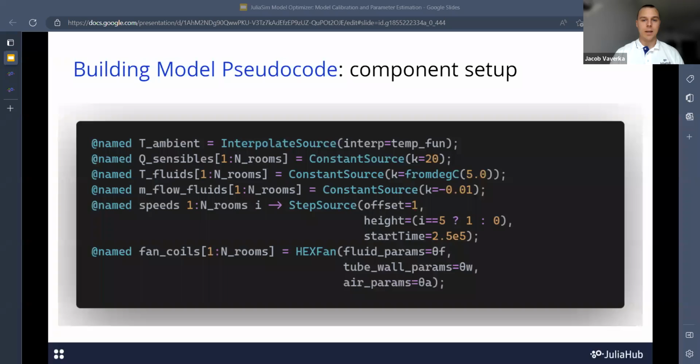And that's what you're seeing here. Very similar to how we would just pull in a capacitor, an inductor, a ground source, we can pull in these interpolated sources, constant sources, step sources. We have a function to create a hex fan there. We can create each one of these components, and we can actually create many of them in one go. That's what you're seeing there with the array syntax. And then,